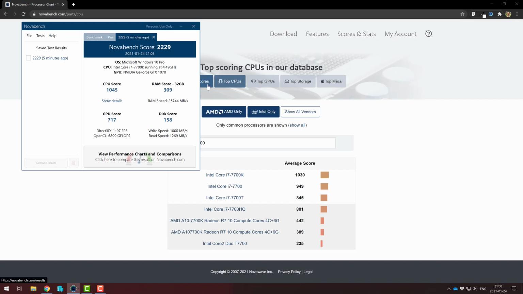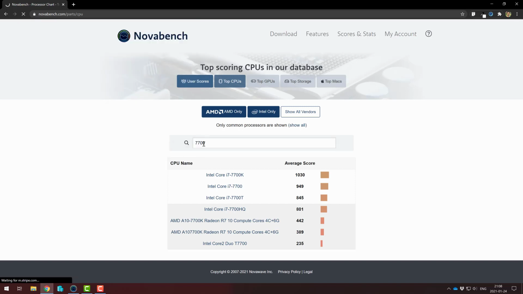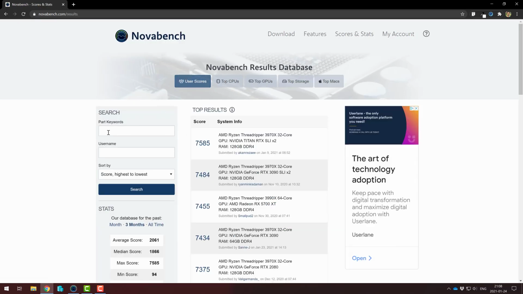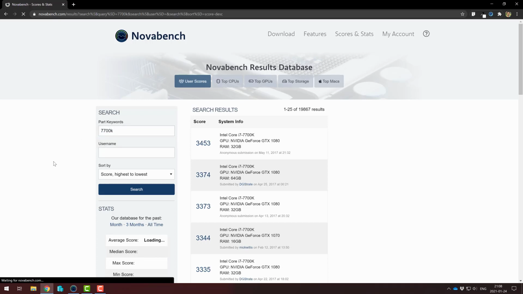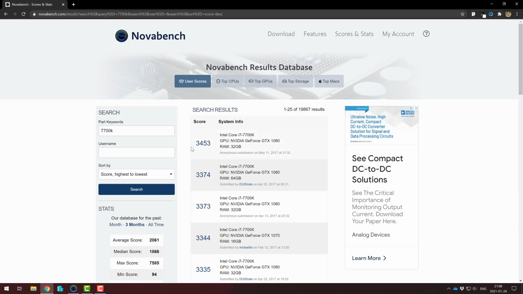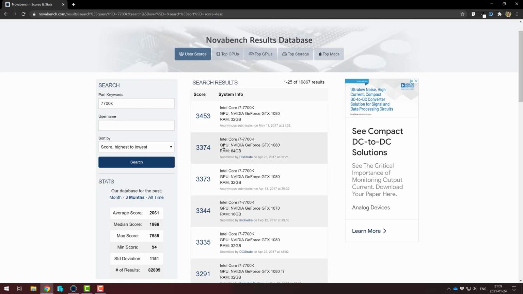Let's see the total score that users submitted for the exact specification. I'll search for the processor. We can see that the total scores submitted by certain users are way higher than what we have recorded on the system. But of course there is a difference in specification.